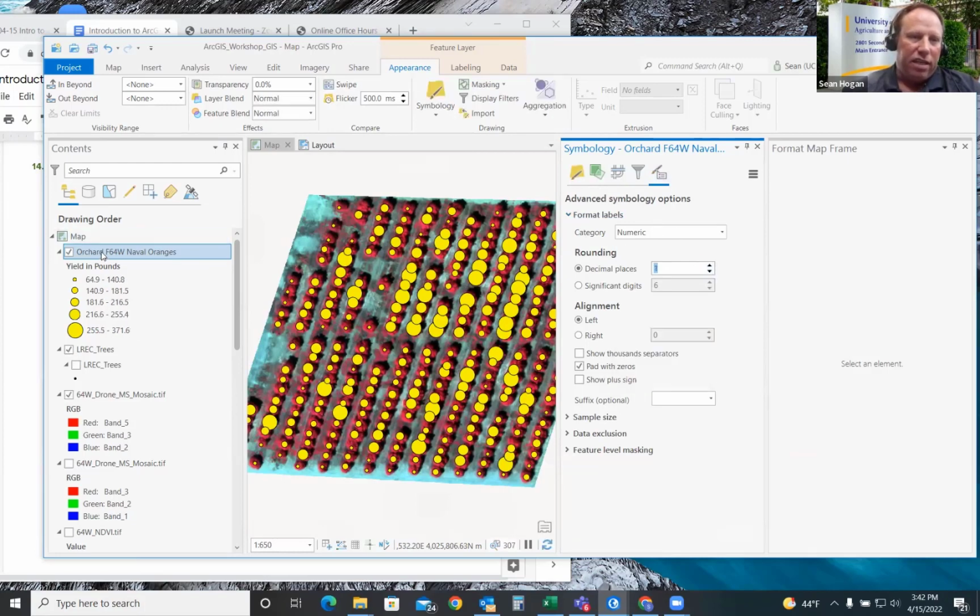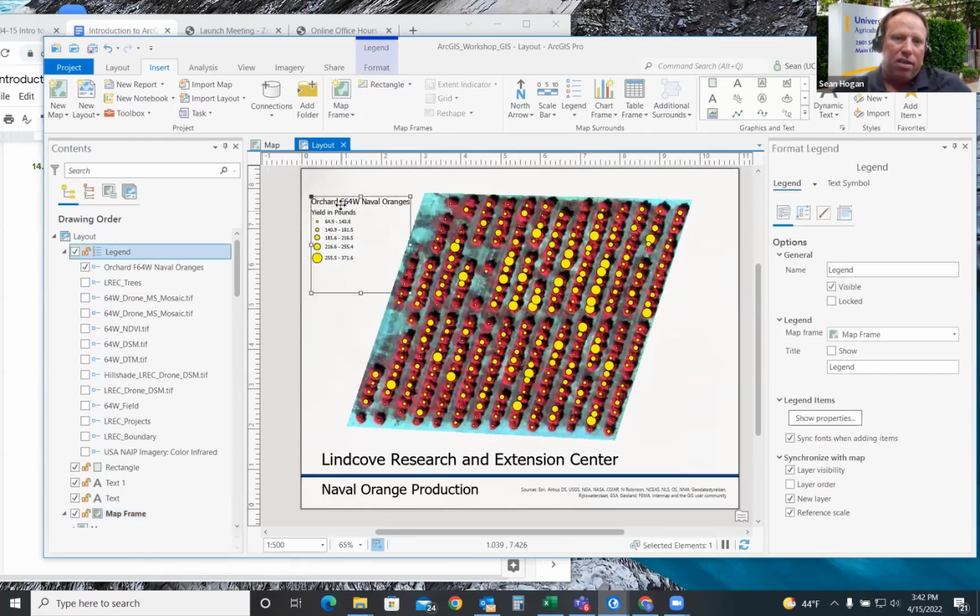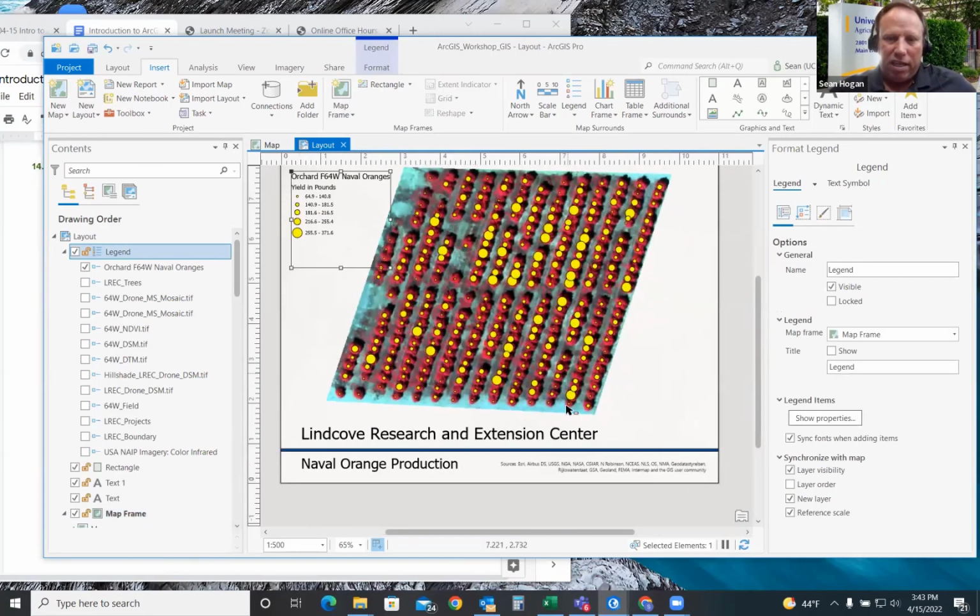So you follow that: click here, appearance, symbology, all the way to the right on these icons on the top to the pencil looking thing with the callout. And here we've got 1. Make sure I don't have to say apply. Good, it's already taken, so I can just X out of that. Now when I go back to my layout, we have a really nice, clean little legend there for us. I click out and click on it. I can adjust its position if I feel so inclined. Also see the extension center across the bottom.